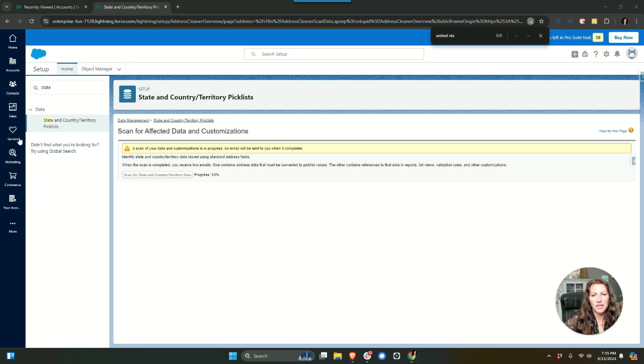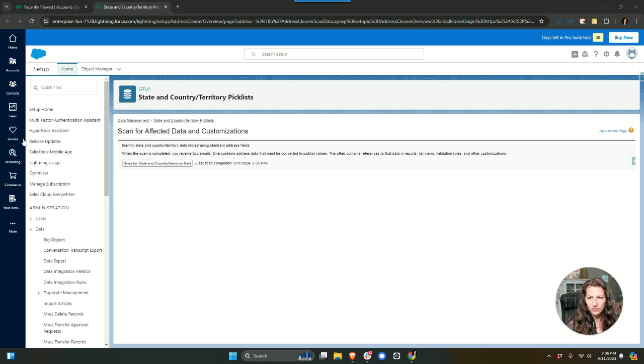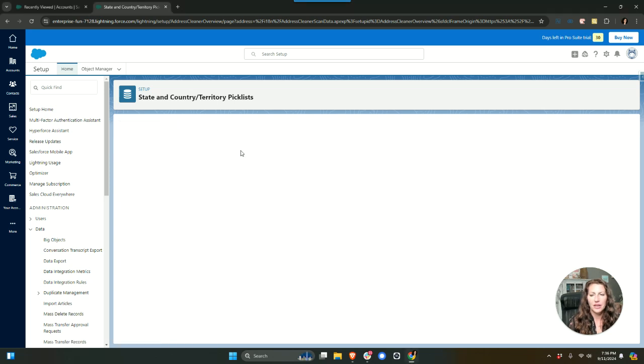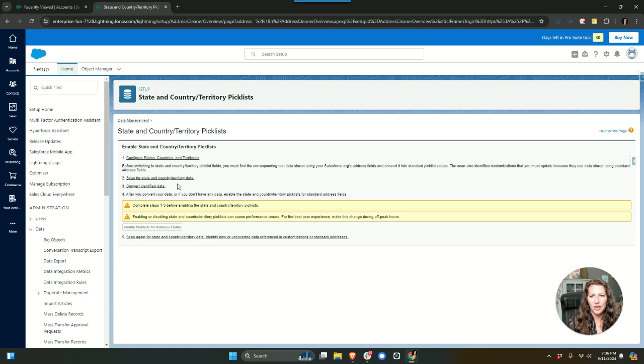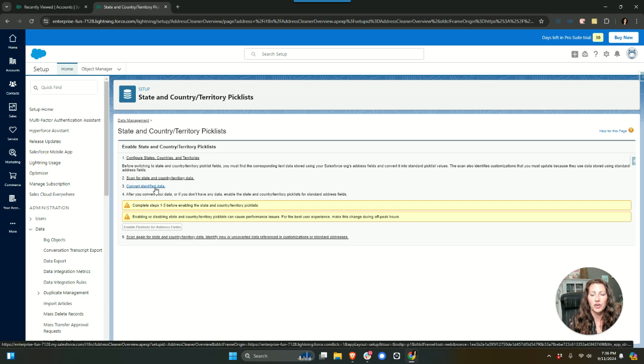So I'm just going to go on pause here, hold until this completes, and then when it's done, I'll come back. All right, so it said I would get an email once it was done, and I got the email, and it's also got a note here that says last scan was completed. So I'm going to go back to my wizard, and I'm going to follow step number 3, where I convert